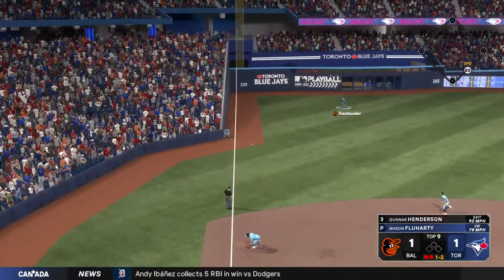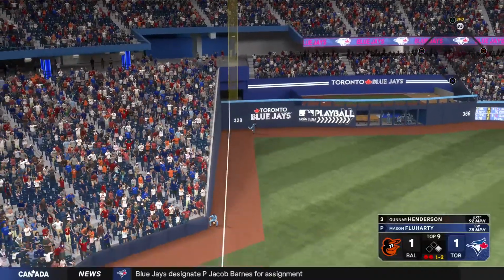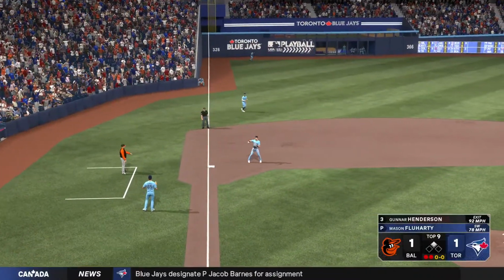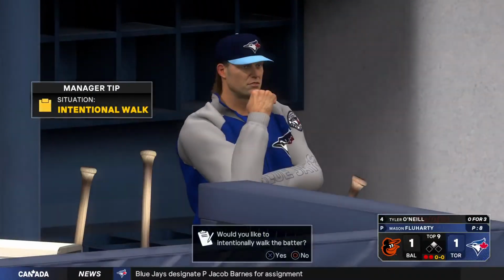Swing and a hard hit grounder to third. And it stays fair. Makes the turn and heads for second. In with a double, and the go-ahead runs at second with 2 out. Back against the wall with 2 strikes, but found a way. He wasn't able to elevate it, but he put...